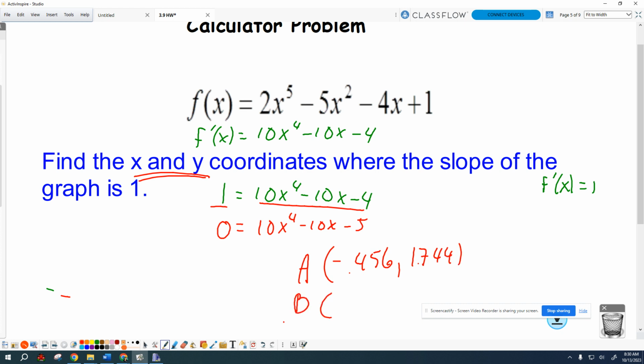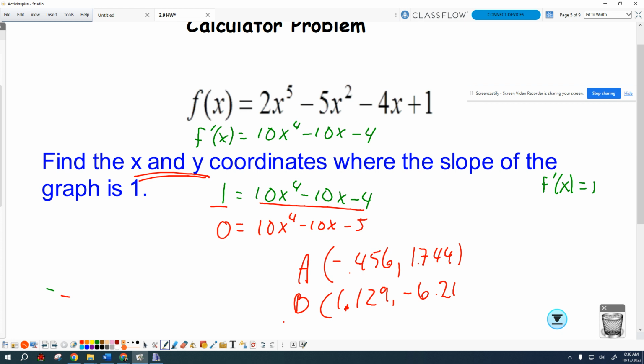And the other coordinate was 1.129, also just truncated. And the y value was negative 6.219. If I correctly rounded these,